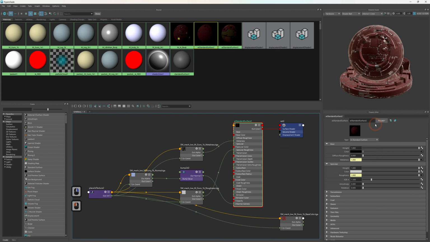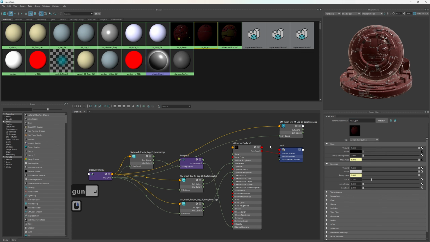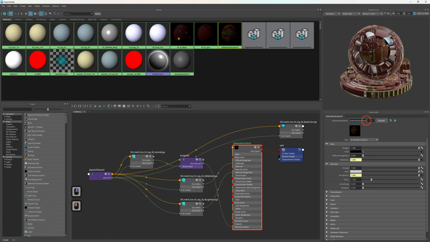This one's the gun, so M_AI_gun, and then do get network. This one, M_AI_leg, and then